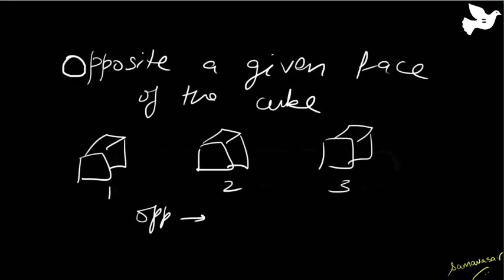Hello everyone. In this video, we'll be talking about questions on cubes. That is, if you're given three representations of the cube, like these here, and you're asked what is opposite to a given face of the cube. Now, if you have a good 3D visualization, you can do these questions easily. But if you're like me, I have a pathetic 3D visualization, then you can use my technique. This we've developed, and this will help you solve the questions in 5 seconds flat.